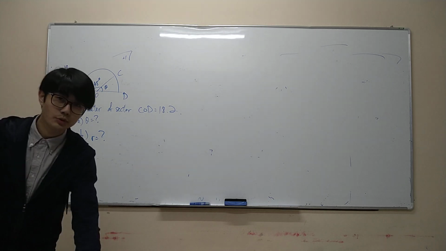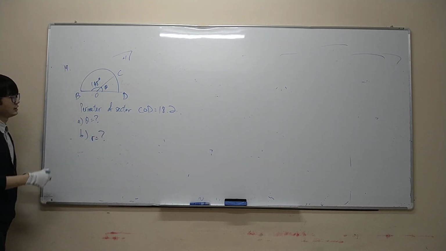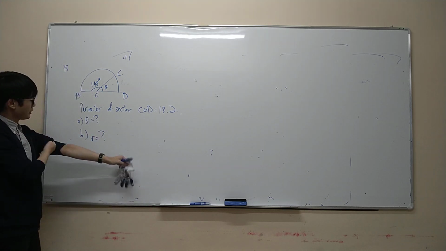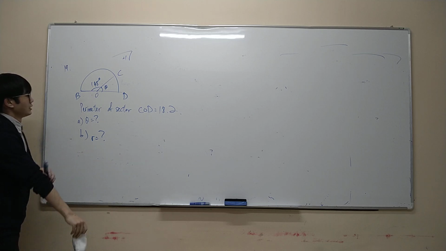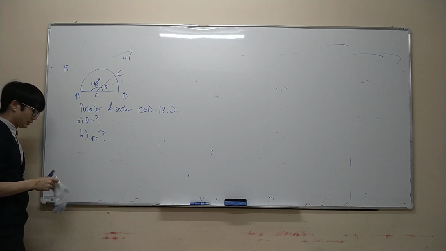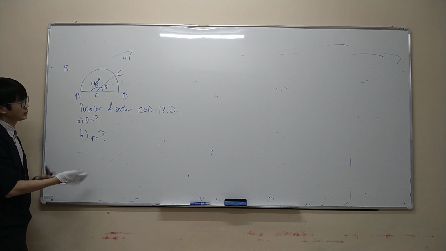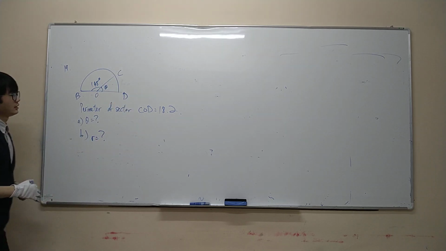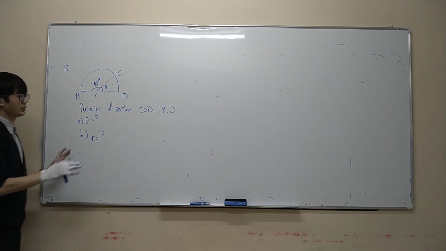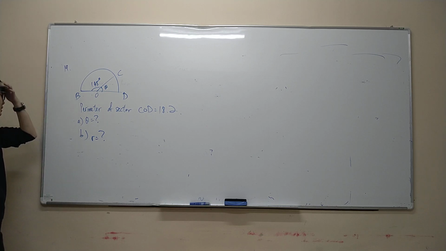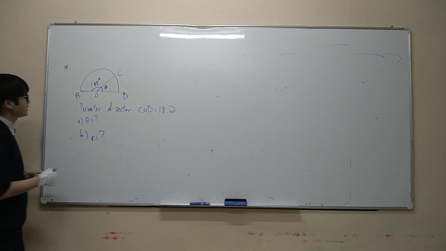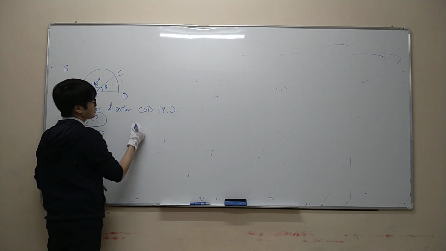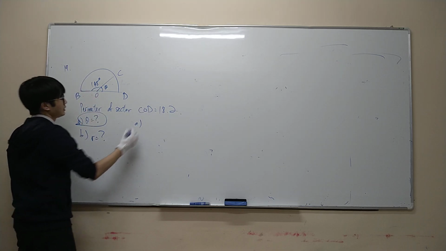Alright, let's move on to question 19. Okay, question 19. I didn't copy the whole question, but I copied only the important info. So we can do it without holding the book. Okay, so how do we do it? First of all, they say find the value of theta. This one is so easy. How to find the value of theta? So I know angle